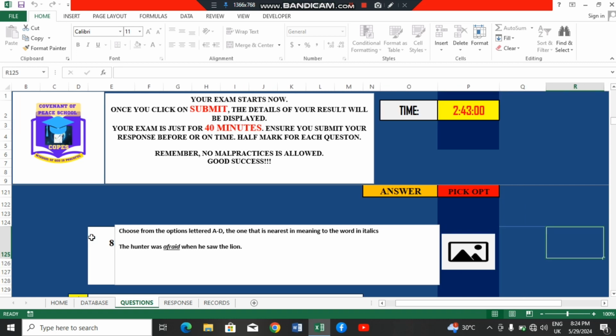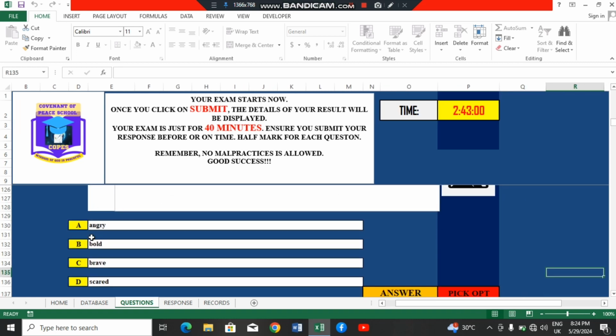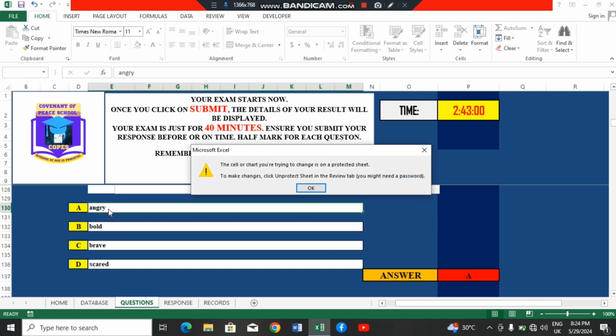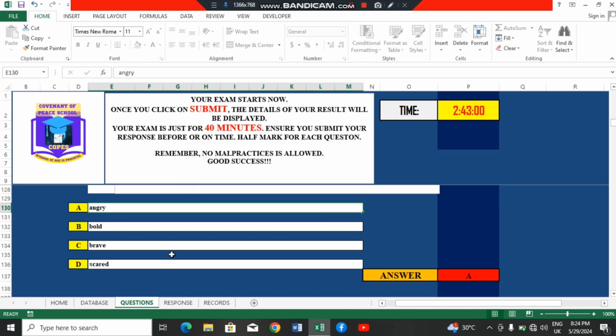we don't want a situation whereby the students will be able to edit the question or the options. We want them to have access to only this column where they will need to answer questions and nothing more as far as this page is concerned. Now if you double click on it, can you see? So if a student attempted to do something here, this is the signal they will get. And of course you have used a password. They won't know the password you have used to protect the sheet, so they can't change anything, and then your question is safe. All they have to do here is to come and